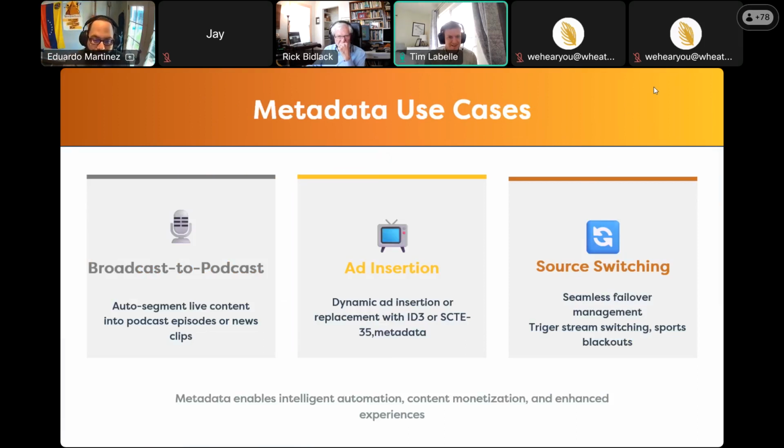About three metadata use cases here. Actually, four. The first one here is broadcast to podcast. And all of these are ways that you can use metadata to automate things that happen downstream. So if you have a live program that you want to be made on demand, using metadata is a very easy way to trigger the start and stop of recording, to trigger the replacement of in-stream ad breaks with